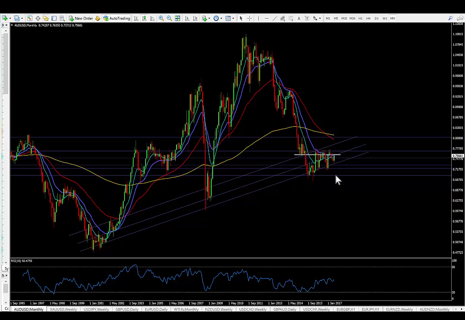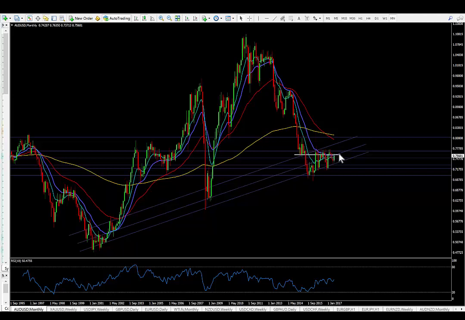So the reason why I want to look at this particular time frame right now is because I want you to take special notice of what the current circumstances are at the moment, which is that we are more or less in a range-bound pattern, but we are making higher lows into a level of resistance. Now, this level of resistance is actually now made up of a zone which I would determine as being 0.76 and 0.77, and we are currently trying to wrestle with the 0.76 level, which we'll have a look at on the weekly time frame.